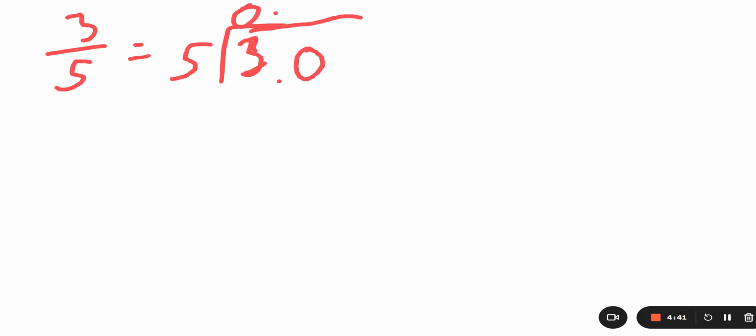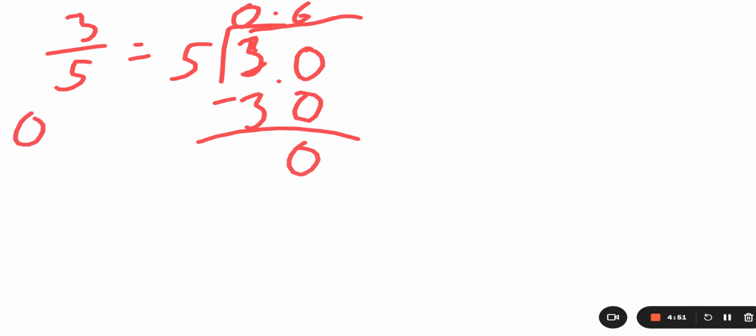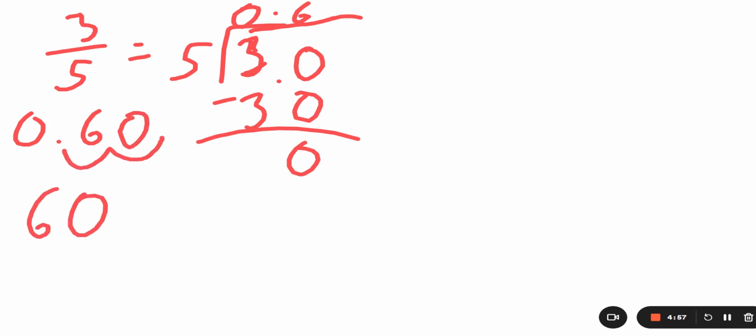And now we have 30. So how many times does 5 go into 30? I know that it goes into it 6 times. 5 times 6 is 30. Subtract them both, and I end up with 0. So 3 over 5 is the same thing as 0.6, which after doing the booty bump is the same thing